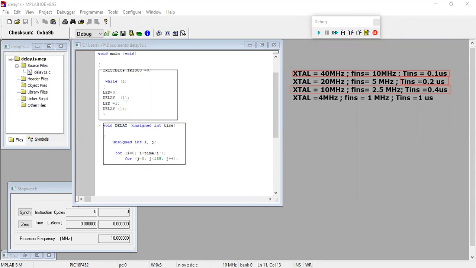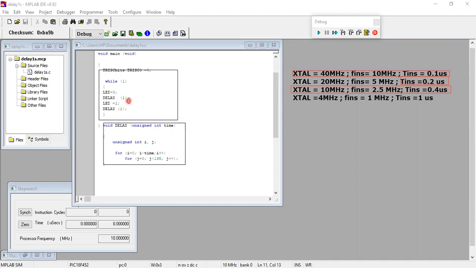I have made one single change. Earlier in that tutorial, I was using delay of 1000, because we assumed that delay will produce 1 millisecond delay, but we wanted a 1 second delay to test on Proteus. So we used delay of 1000, which means 1000 millisecond delay, equal to 1 second delay, as observed in Proteus.